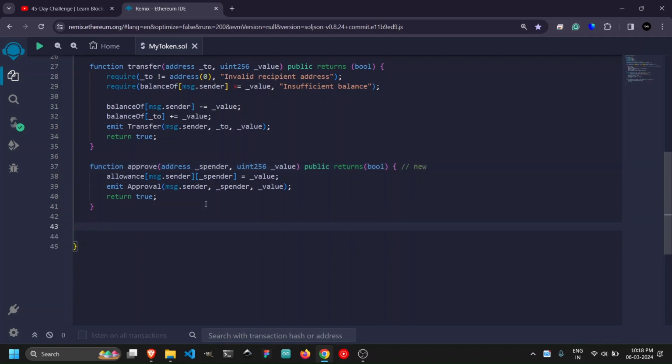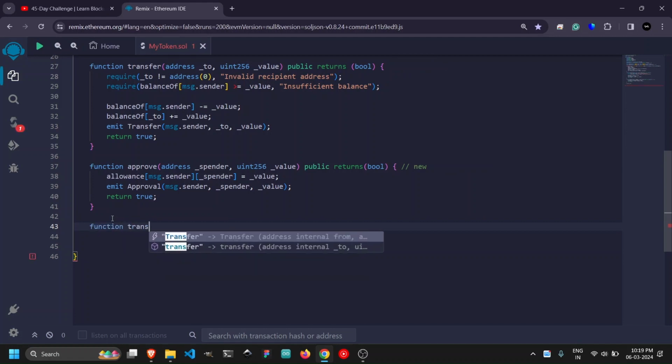And the last function which is important for this is actually used for transferring tokens from someone's wallet to someone else, which means I'm not the owner, but I can transfer tokens from your wallet to somewhere else if you have allowed me by this approve function, and I can only transfer that certain amount you have allowed. I can spend less but not more than that amount. Okay, so just create the function here. I'm going to name it function. This is not the name, this is a keyword, and the name for this function should always be the same